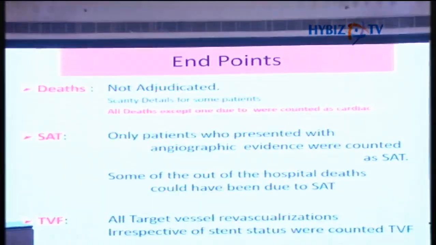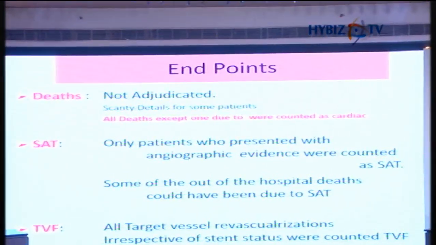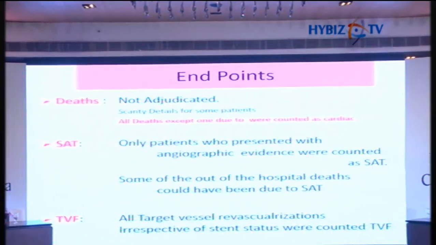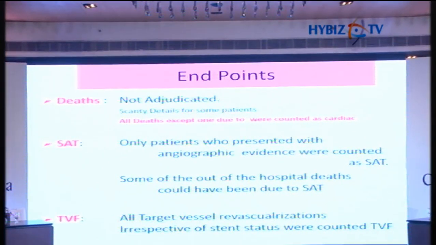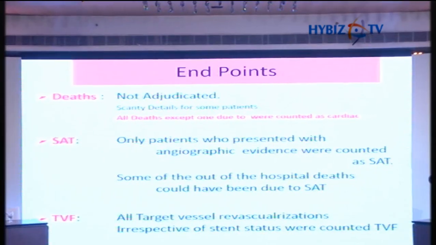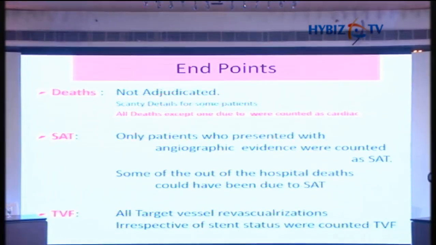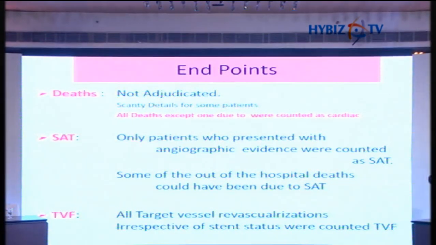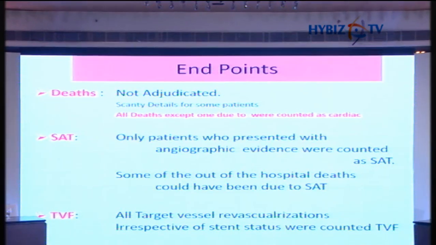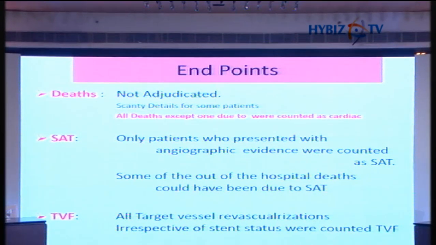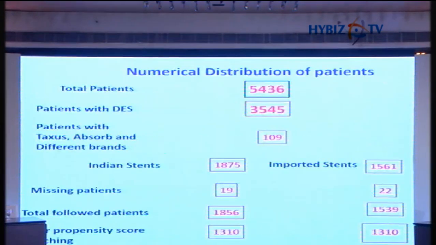The deaths were not adjudicated, hence we have taken all deaths as cardiac except one death which was obviously a roadside accident. Subacute thrombosis is counted only when the patient came to the hospital with subacute thrombosis and there is proof of angiographic or ECG changes. Some of the outside hospital deaths could have been because of subacute thrombosis. For target vessel revascularization, irrespective of the stent used, whether or not the stent is patent, if the patient underwent target vessel revascularization, that is included as target vessel failure. To start with, there are 5,436